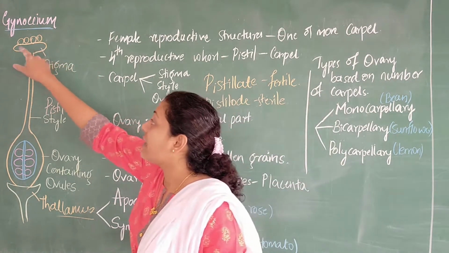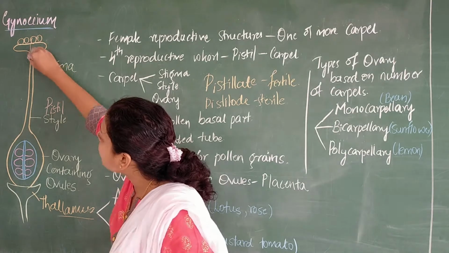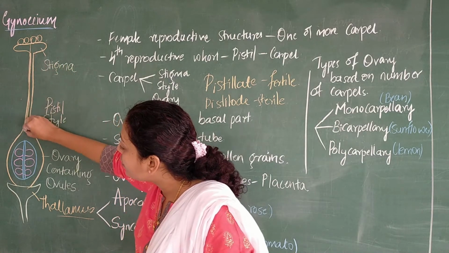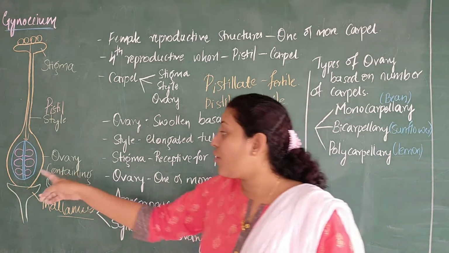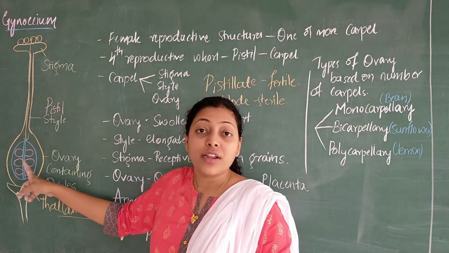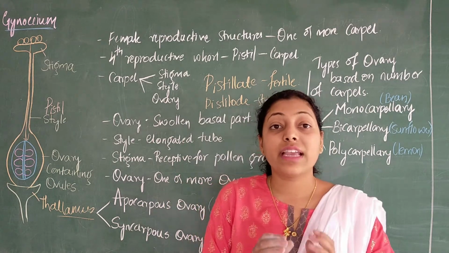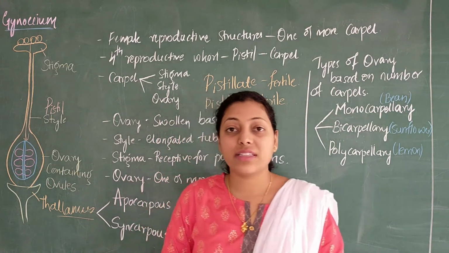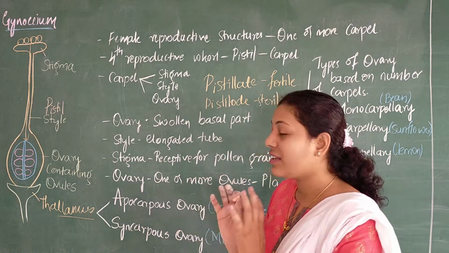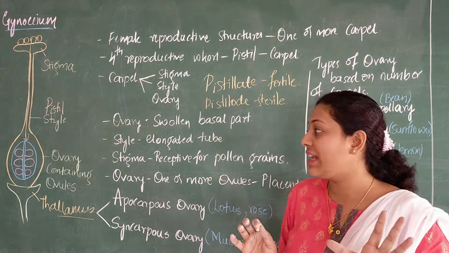Pollen grains are collected, okay, and these are transferred with the help of the pollen tube to the ovules. Okay, and then within the ovule fertilization takes place to form seeds. Okay, and here seeds are enclosed in the ovary. Okay, this is how fertilization takes place. Okay, this is a rough view which you can have.